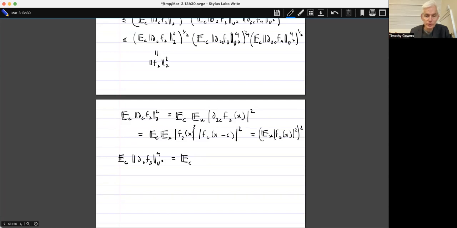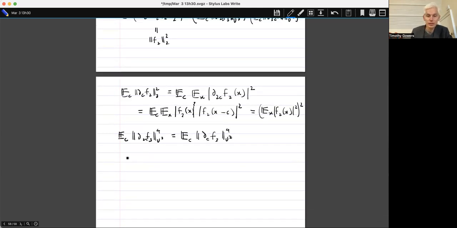That's a delta 2c. And actually, just to simplify things, I'm going to observe that since the group has order not a multiple of 2, if I actually take the average and put just a delta c there, it's going to be the same, because 2c ranges over the group uniformly when c does. So